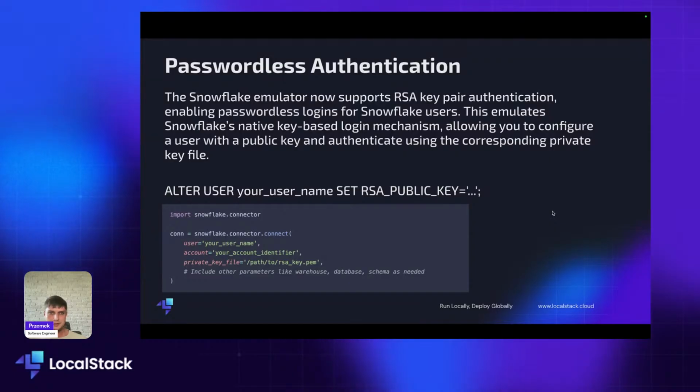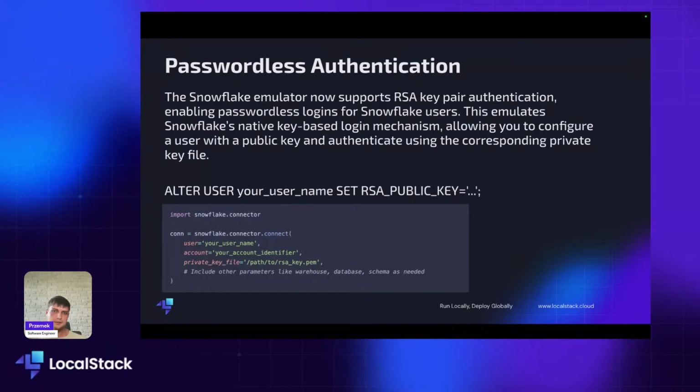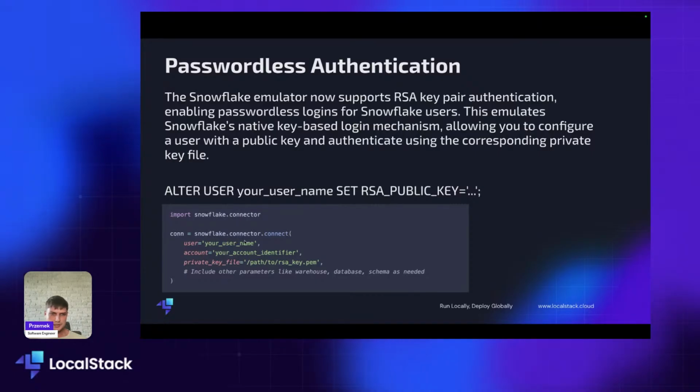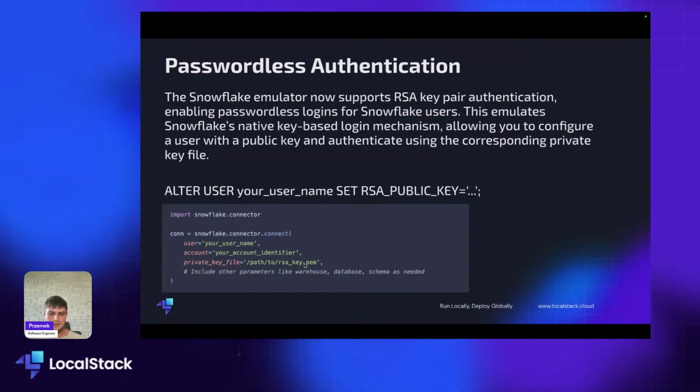Another feature is passwordless authentication. So the Snowflake emulator now supports passwordless authentication, and basically you need to generate an RSA key pair, then attach the public key to your username, and then use the private key in your Snowflake connector configuration. For example, here we are using the Snowflake Python connector, and we are pointing to the RSA private key